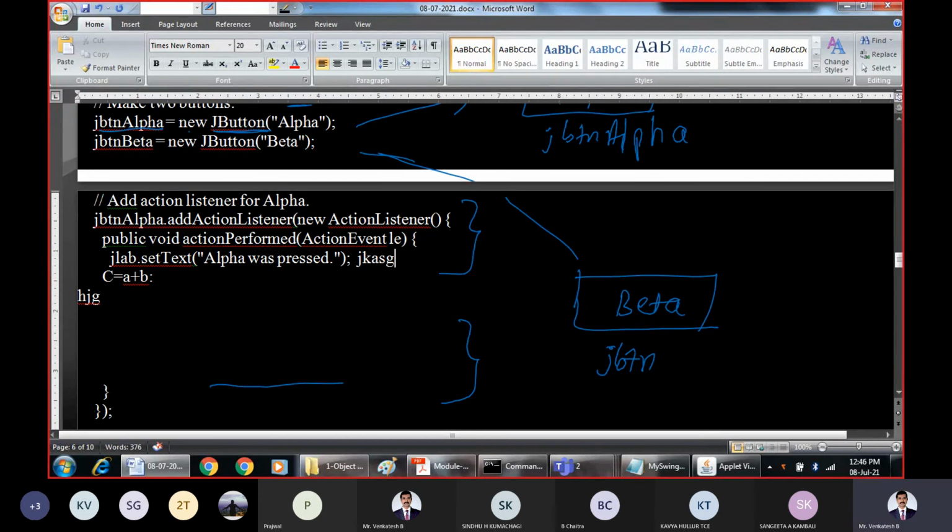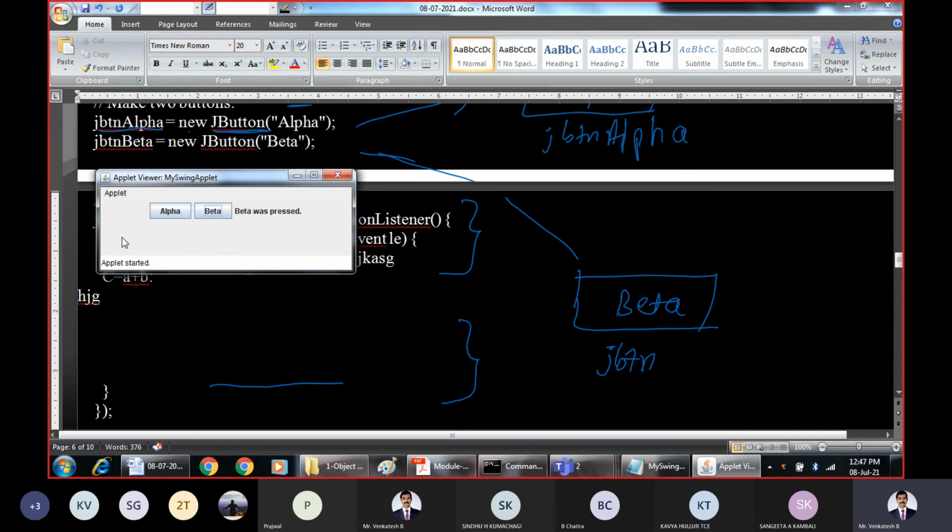But here for our explanation purposes, we are simply displaying the label whenever some component is pressed. Here in our case, components are buttons, that is alpha and beta buttons. Whenever I press alpha, I get a message saying that alpha was pressed, and whenever I press beta, beta was pressed.